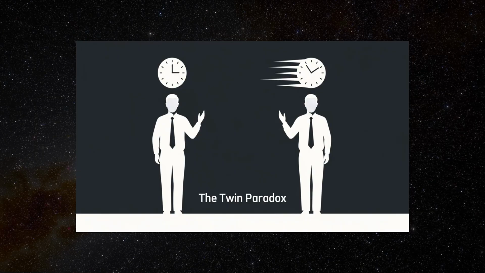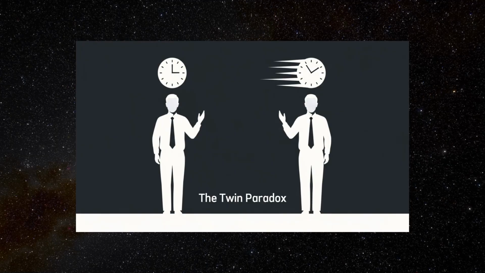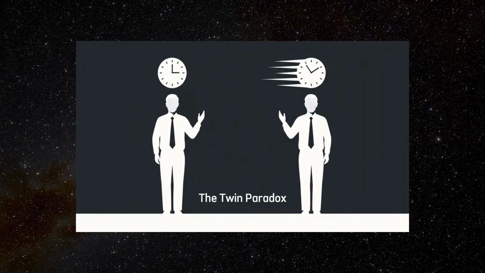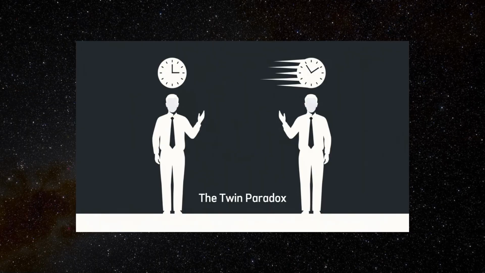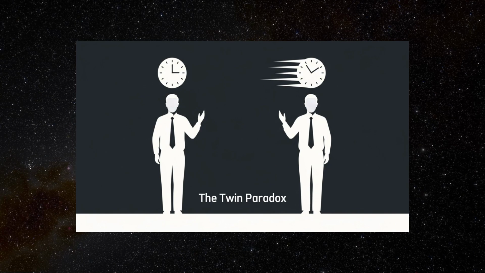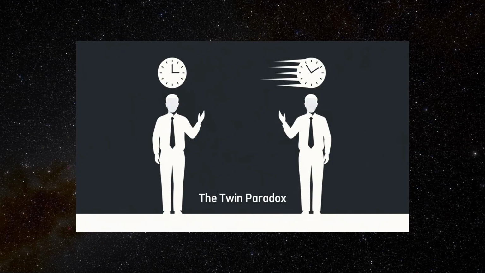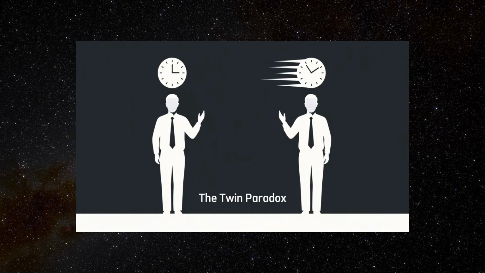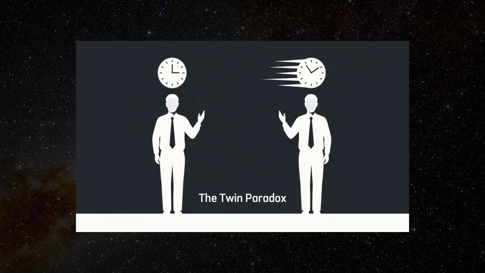Special relativity applies most directly to inertial frames, those that are not accelerating. The moment the traveling twin turns around to return to Earth, they shift from one inertial frame to another, breaking the symmetry. This acceleration introduces what can be thought of as a global time shift in how simultaneity is defined in relativity. During the turnaround, the traveling twin must recalculate which Earth events are simultaneous with their current position, and this jump in simultaneity results in a leap forward in the Earth twin's age from the traveler's point of view.